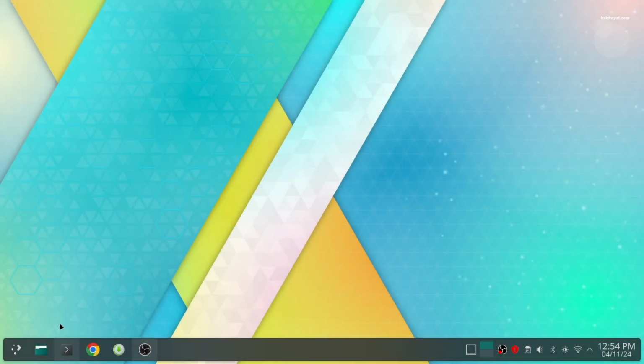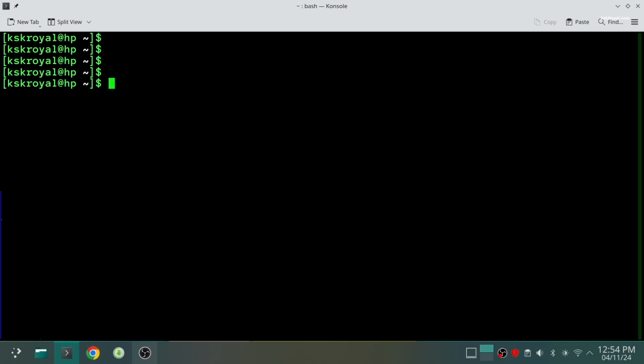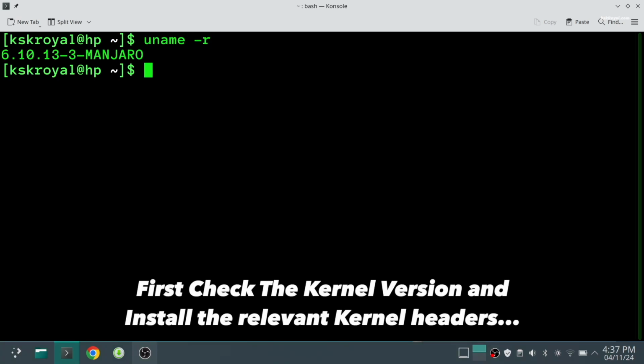Installing essential packages enhances your Manjaro Linux experience. You can go ahead and run the following command to install Linux headers and useful packages.